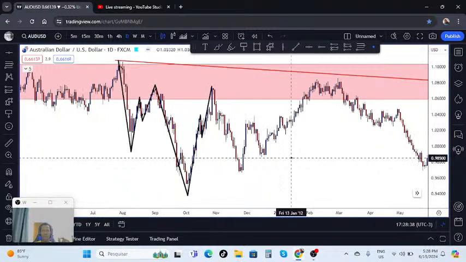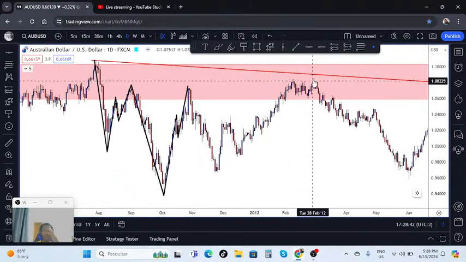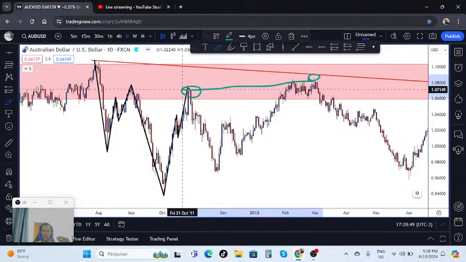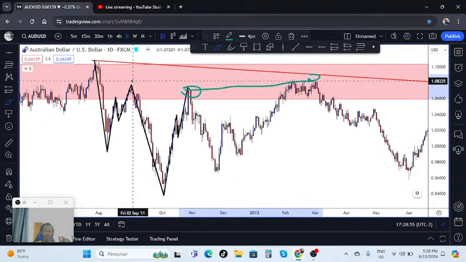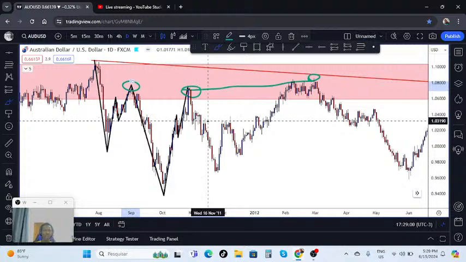Okay, now look at what happened here on the daily. The market made a new high here, okay? This high is higher than this high. So what are we going to do? Okay, in this scenario, the market took out this high also, all the same. So we can say the market structure changed from